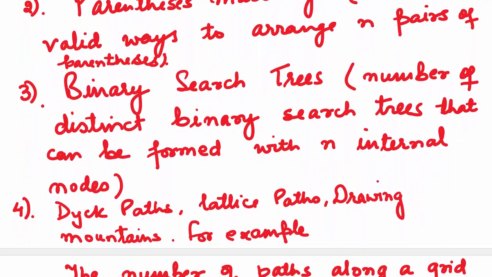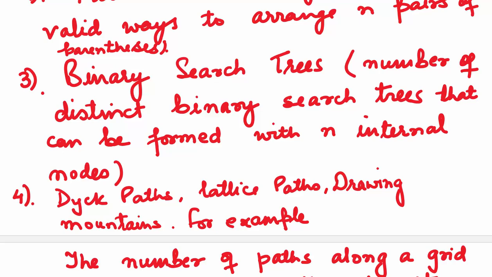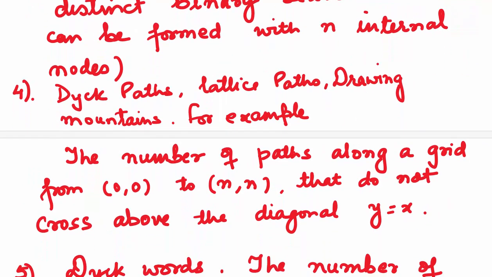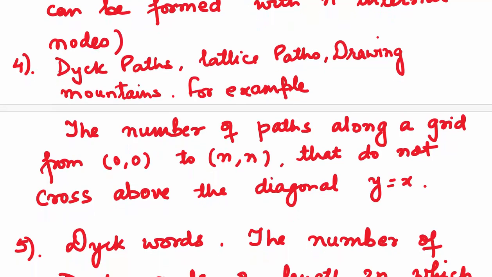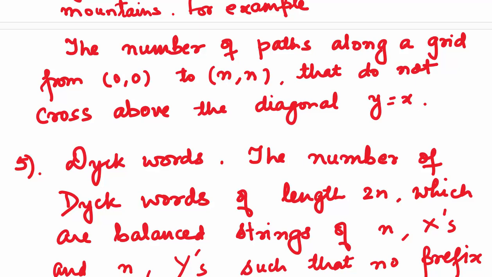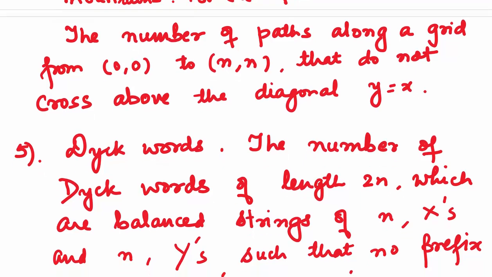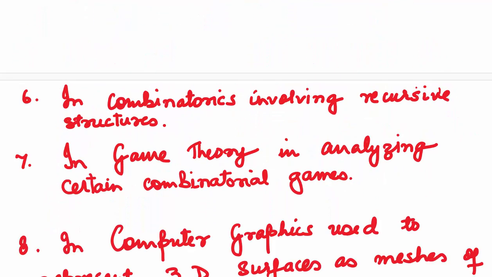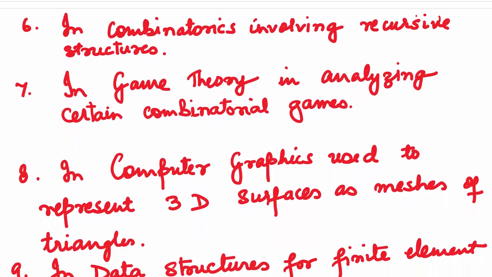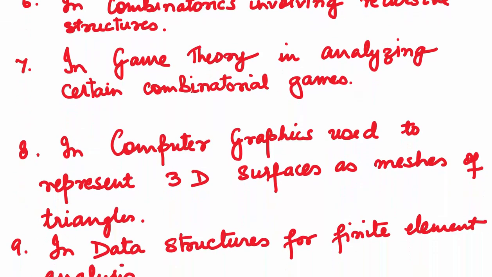In Dyck paths, lattice paths, drawing mountains, for example, the number of paths along a grid from 0,0 to n that do not cross the diagonal y equals x, or which are all below the diagonal y equals x. For Dyck words, the number of Dyck words of length 2n, which are balanced strings of n x's and n y's such that no prefix has more y's than x's. Also in combinatorics involving recursive structures, in game theory in analyzing certain combinatorial games, in computer graphics it's used for